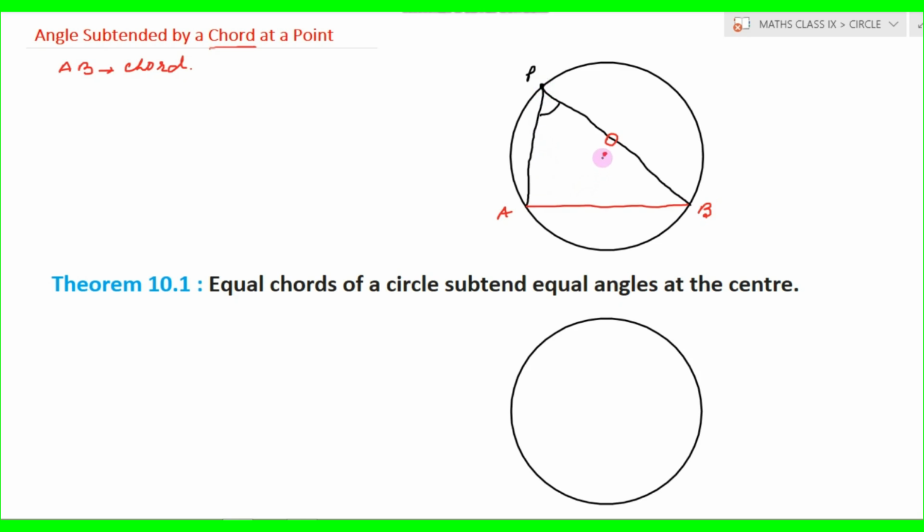Similarly, if we join the center point O to the points A and B, this is the angle formed by the chord at the point O. So this angle formed by the chord at any point is named the angle subtended. I hope you understood the meaning now. Angle subtended means angle formed by the chord at a point. So here we can say in the figure that angle APB